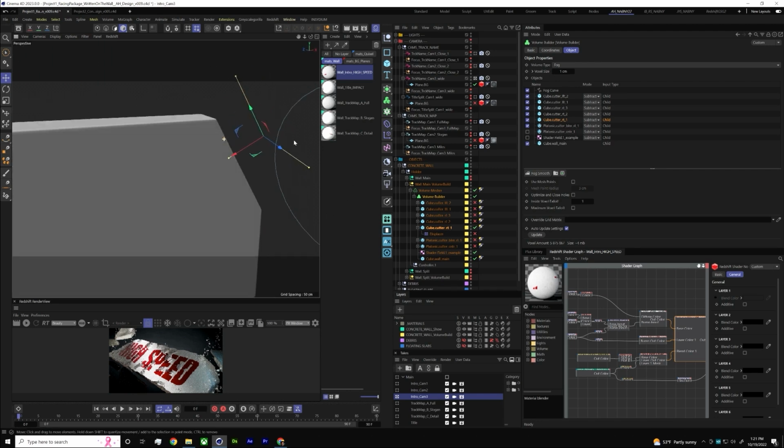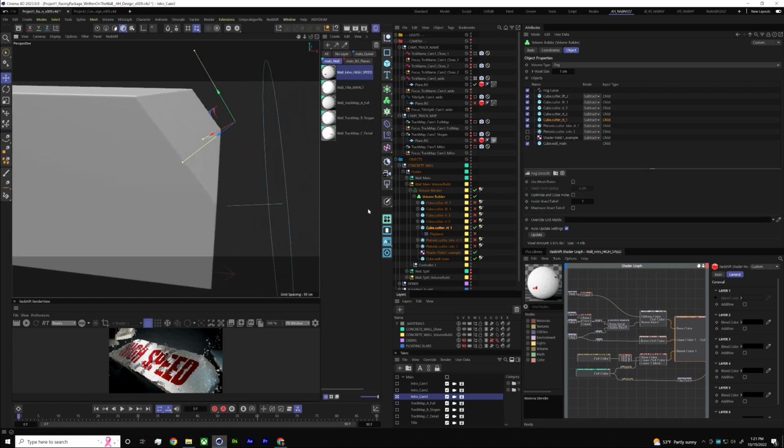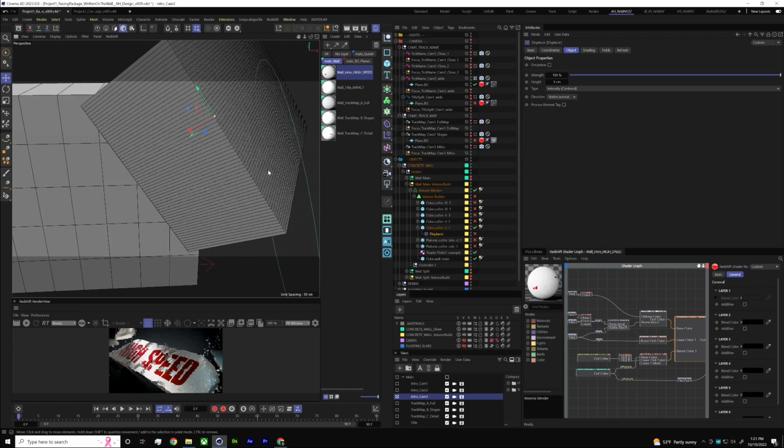But this is obviously a super boring cut. Like no concrete would ever break so smoothly like that. So this is where you can start adding in some fun detail. So underneath all these, you can see they all have something parented under. And what it is, if I go into